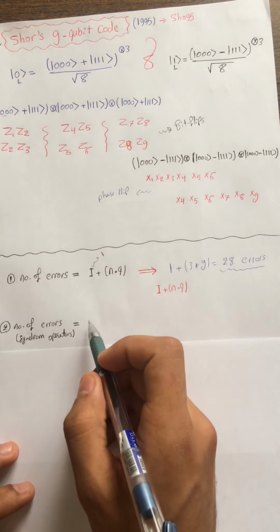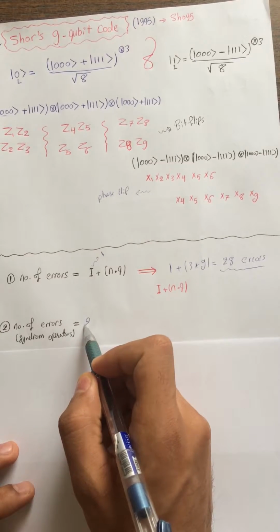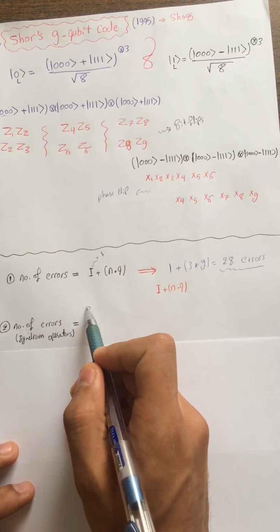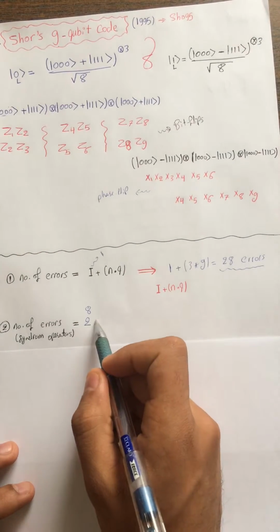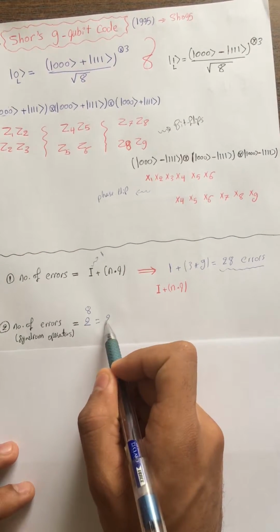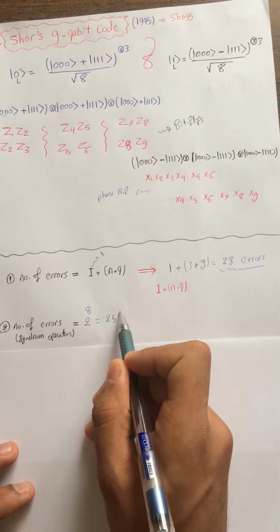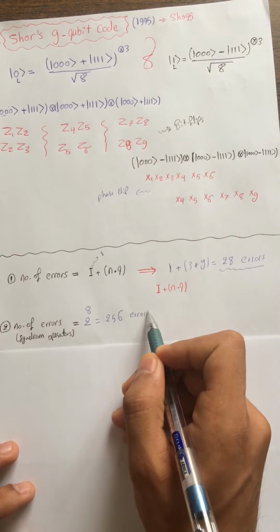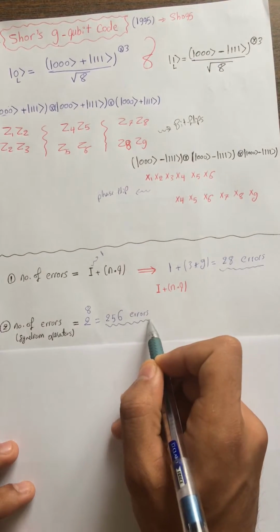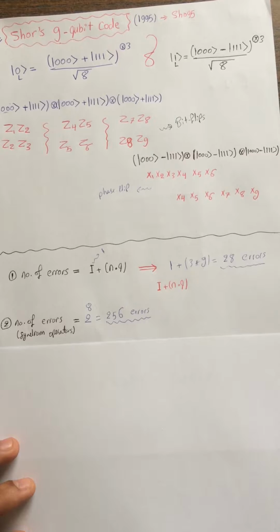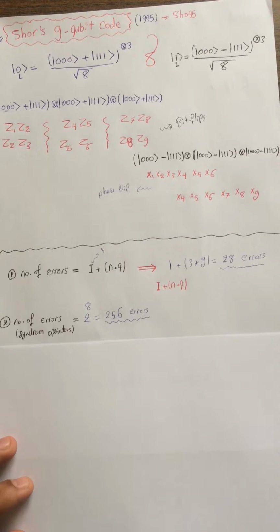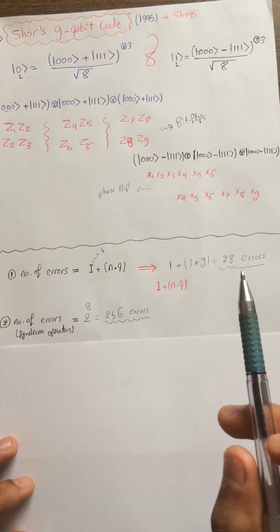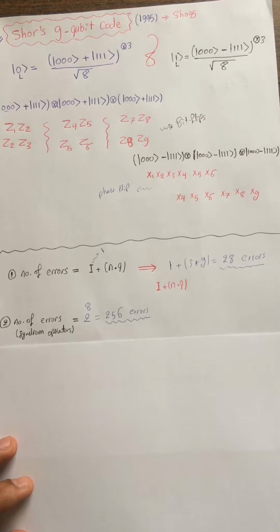So the number of syndrome measurements, or syndrome operator values, is going to be 8, and they're 2 to the power 8, which is 256 possible distinguishable syndrome errors that we have. And if you look here carefully, there are 256 here and 2^8 errors, and it means that